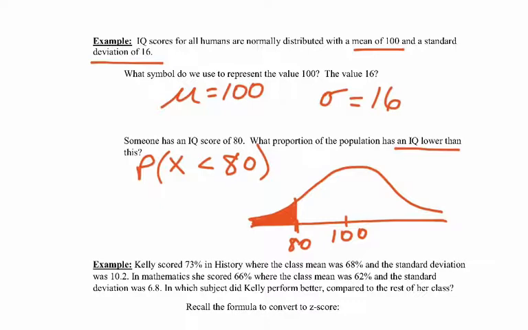Let's go ahead and take a look. So the mean was 100, standard deviation was 16. And we want to be below a score of 80. So from StatCrunch, I'm getting a value of about 10%,